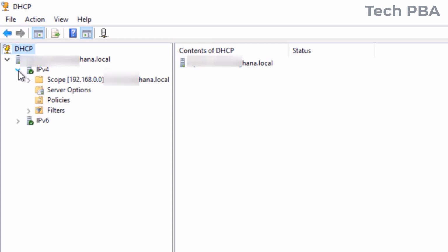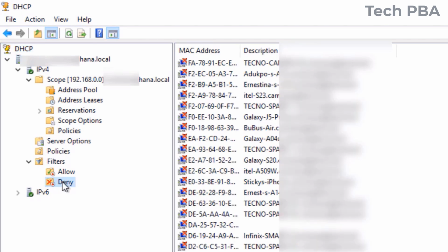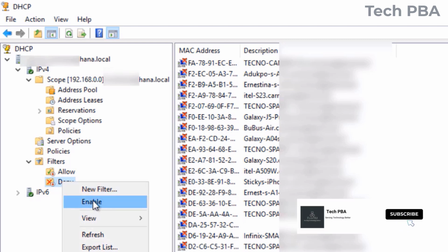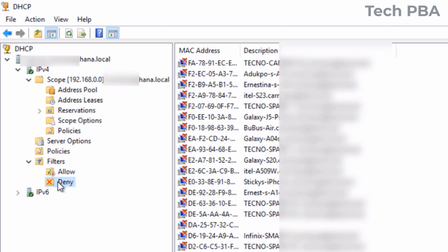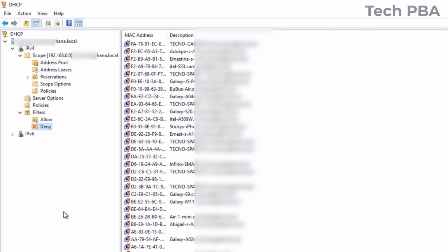So when the DHCP server window is open, you want to expand the server, expand IPv4, expand the scope, and then go ahead and expand the filters folder. And in the filters folder, you will see allow and deny. So right click on the deny folder and then select enable. That would activate the deny filter folder, and then the red arrow on top of it would disappear. So on the right are a list of mobile devices that we've already blocked from connecting to this particular corporate